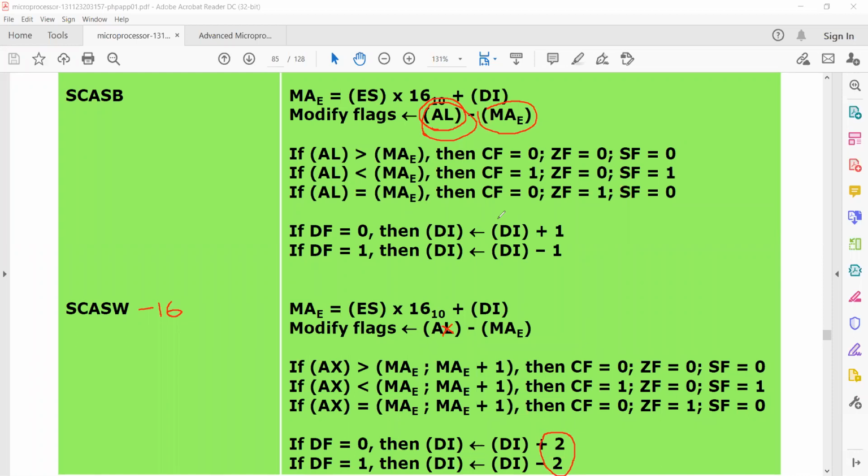That is the only difference, because most results of any operation, either arithmetic or logical, are stored in the accumulator itself. So, in order not to waste any other memory location, we directly compare that with the destination operand. Then we can directly use this SCAS.